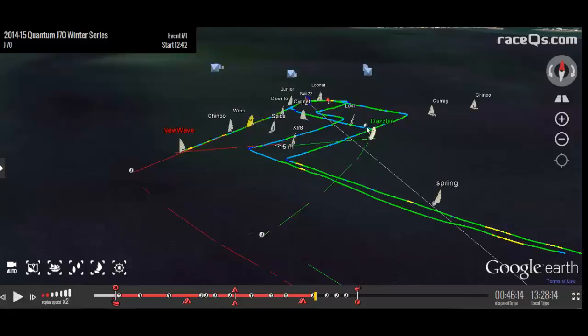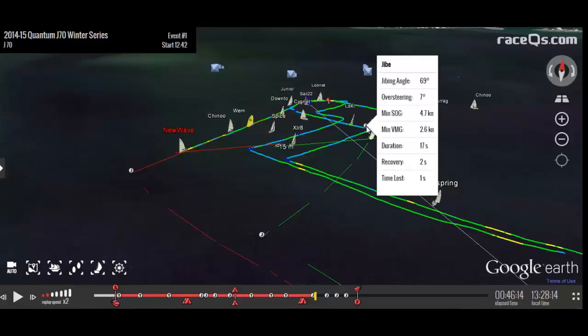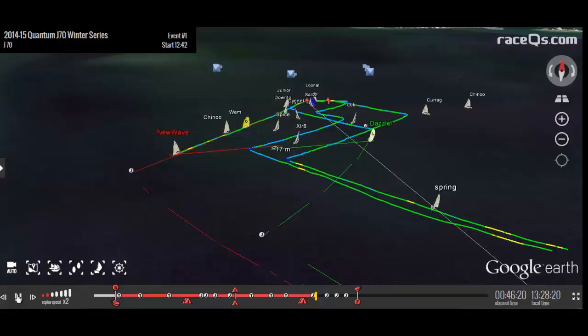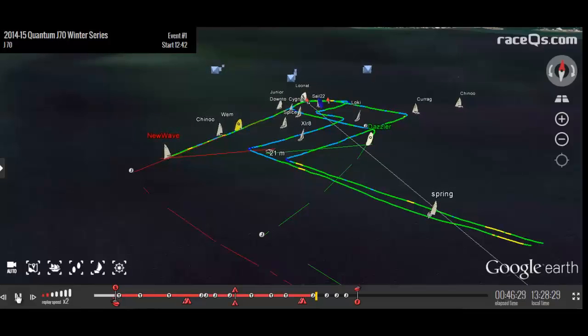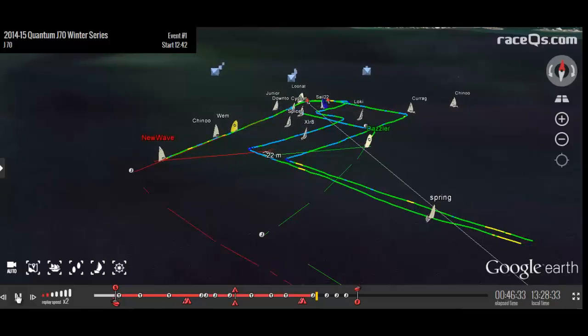And if you look, there's just some stages where we're going at pretty good clips. I mean, the speed's pretty high. Oh yeah, anytime you see the yellow, we're going pretty well, and there was a bunch of yellows in there. So absolutely, staying in the puffs downwind is even more important, because there aren't as many of them,